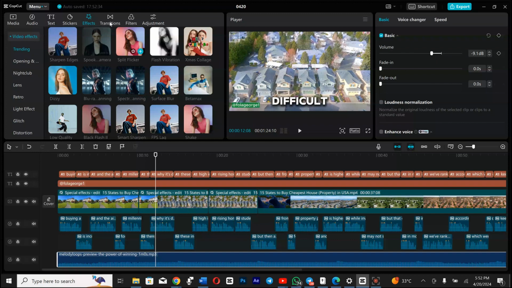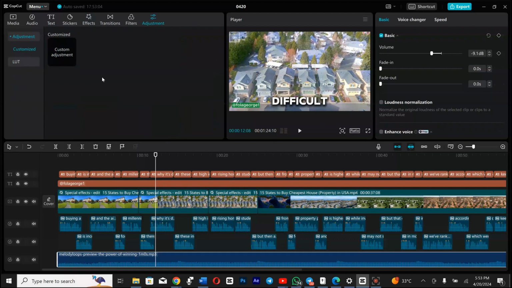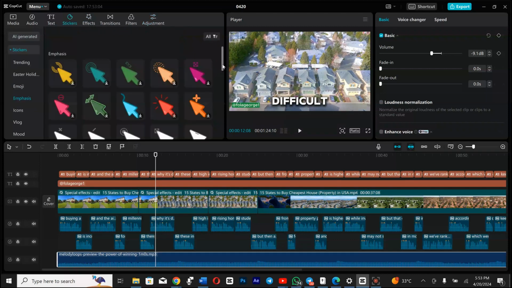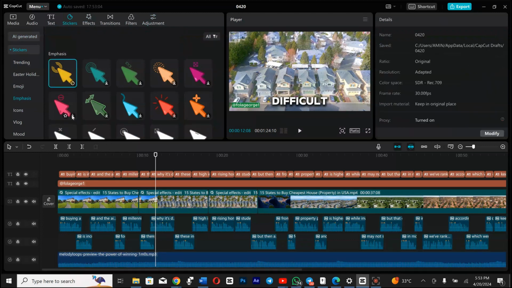So you can also make adjustments to your videos on CapCut. We dive in deeper in our subsequent videos. So for now, let's quickly learn how to add stickers to our videos on CapCut, right? There are so many stickers that you can download, so many beautiful stickers. That's one reason I love CapCut, because of the so many options that you have, so many features that you can apply to your videos on